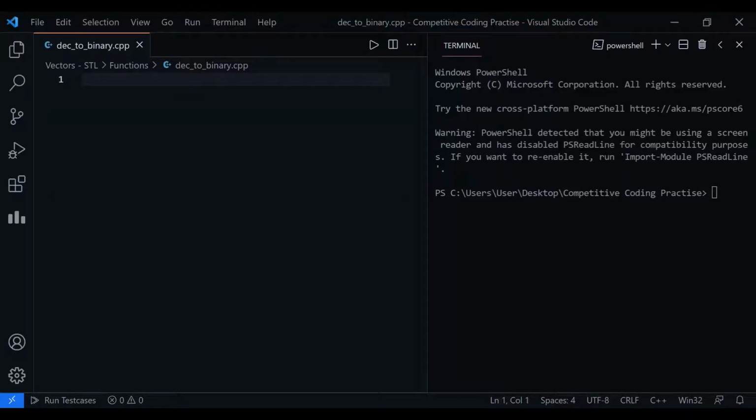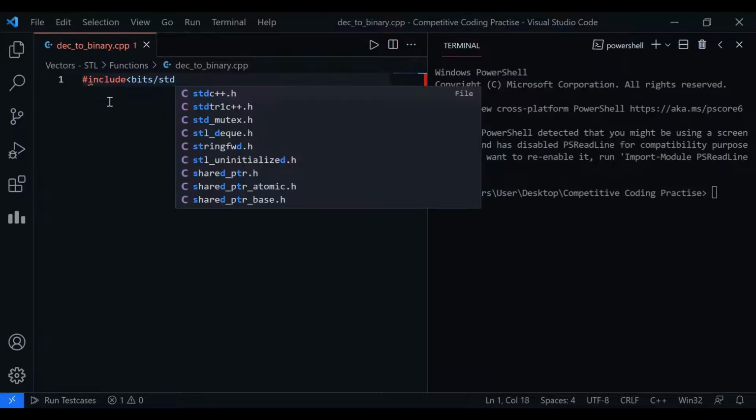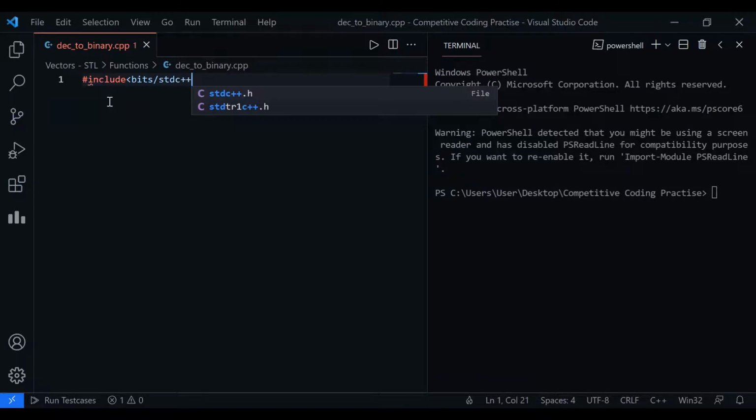So hello friends, now we are going to demonstrate the conversion of a decimal number to a binary number, and we are going to show how to write the code for that. First I'll be including the necessary libraries, like #include <bits/stdc++.h>.